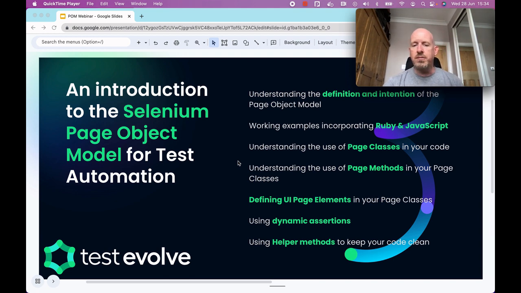And then we'll talk about some dynamic assertions. We'll look at a few types of assertions, but dynamic assertions where we're passing something of our own choosing through the layers of the framework to an assertion. It could be a positive check, a negative check, but a very useful tool within your